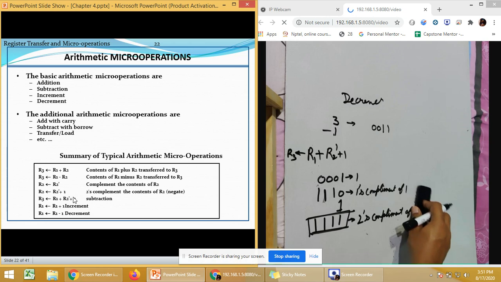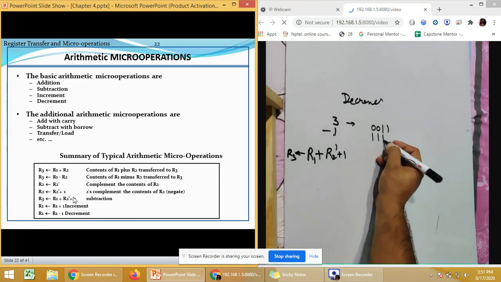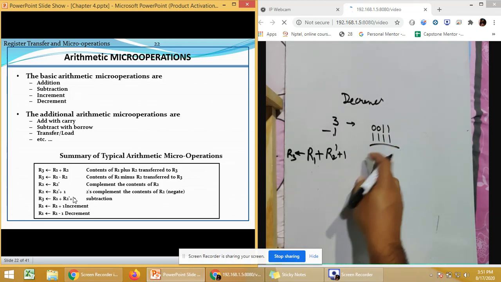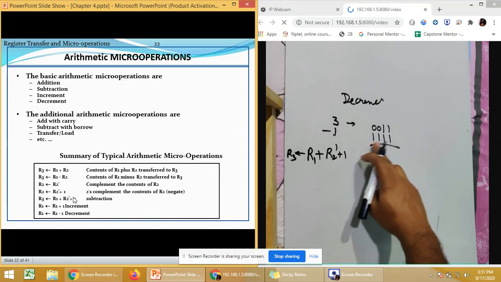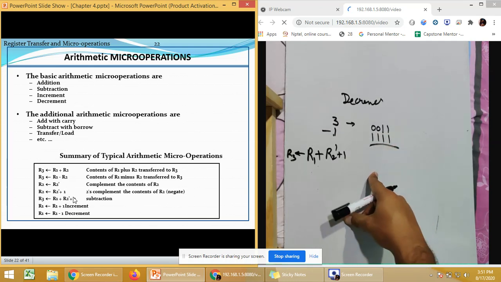So just remember this value, all ones. Whenever we want to decrement a value by 1, you simply need to add a value with it. Now that value is 111 and all the ones. Now why is it all the ones? Because all the ones is the 2's complement of the value 1.